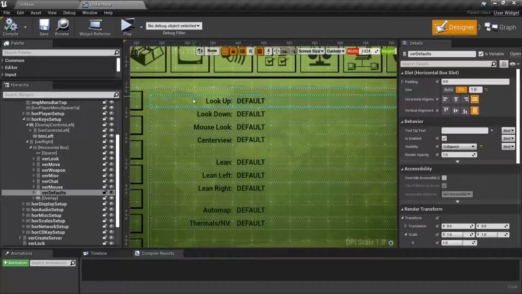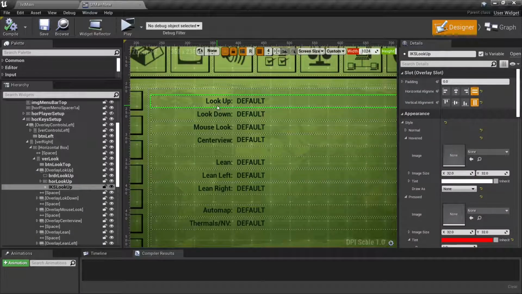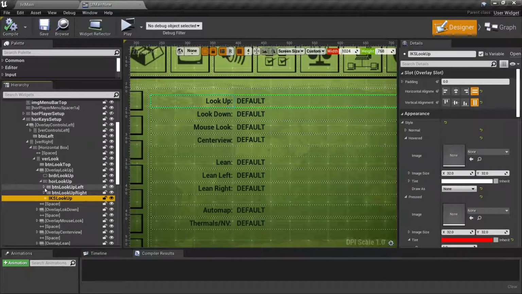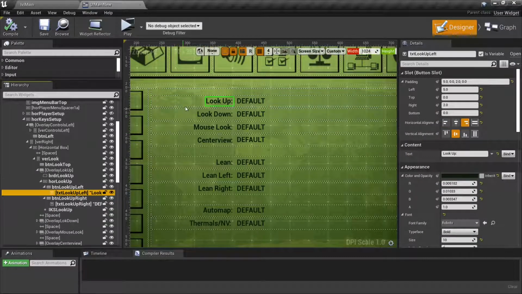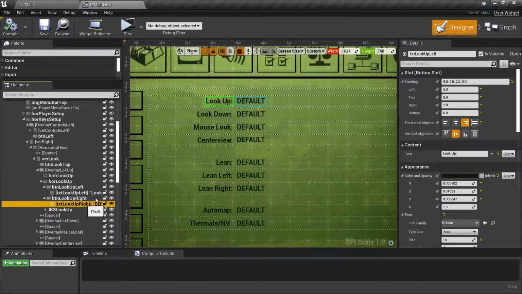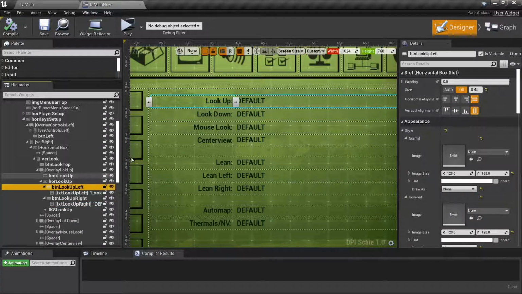So each instance of an option has an IKS, an input key selector. When you press any key, it picks up what key it is, and you can apply it to the text and to the action mappings. It has two buttons, each with a text box. The one on the left just holds the name of the option, and then the one on the right holds the value. The reason I did two was I was having trouble getting the text to change in the way